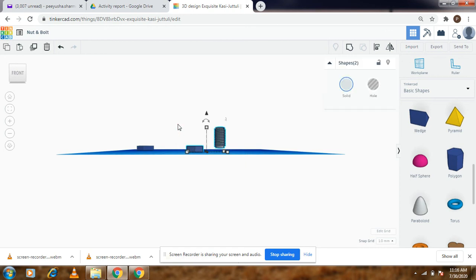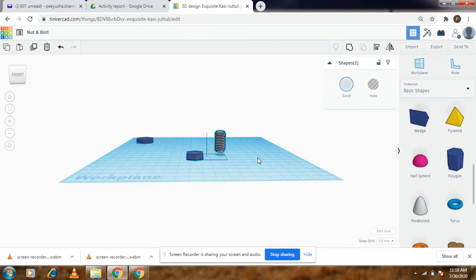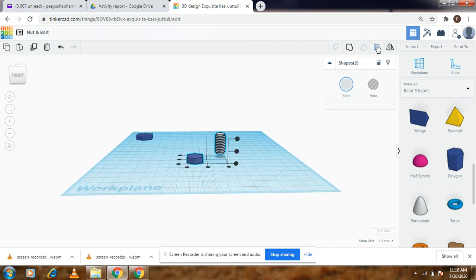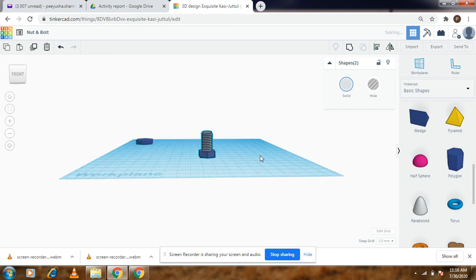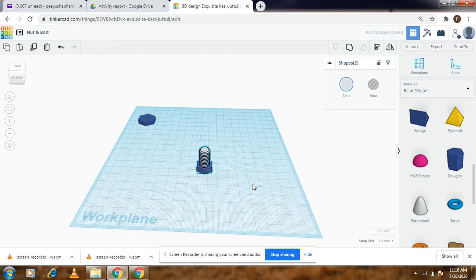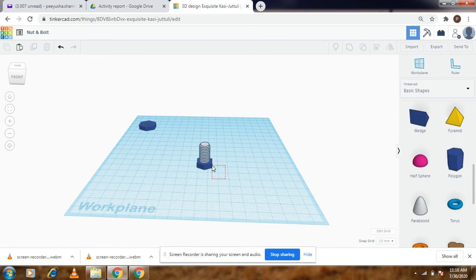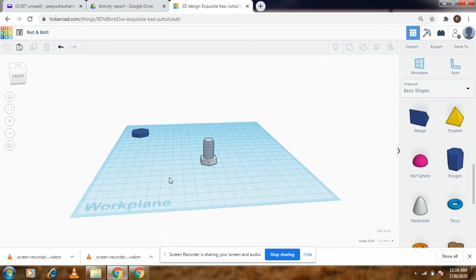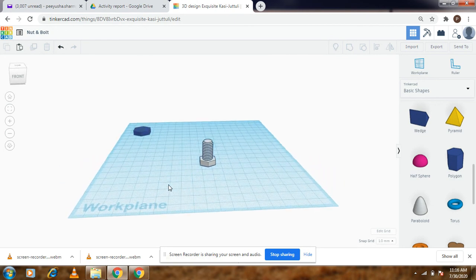So let's go ahead and select both the objects, and let's hit align. Let's center align them, and with this I think we have our bolt ready, and we can now go ahead and click on group for it to be joined together. Since both the objects in this case are solid, not hollow, nothing will be subtracted from each other, but they will instead be joined together for it to look like a bolt.